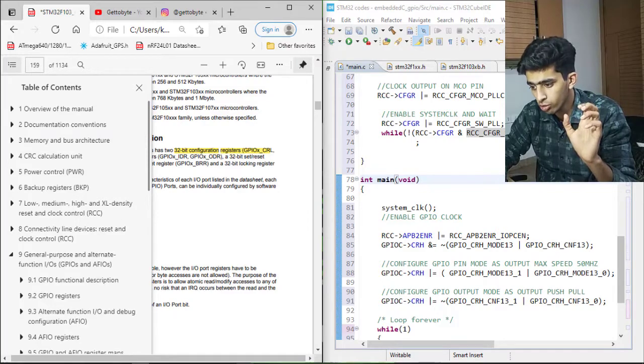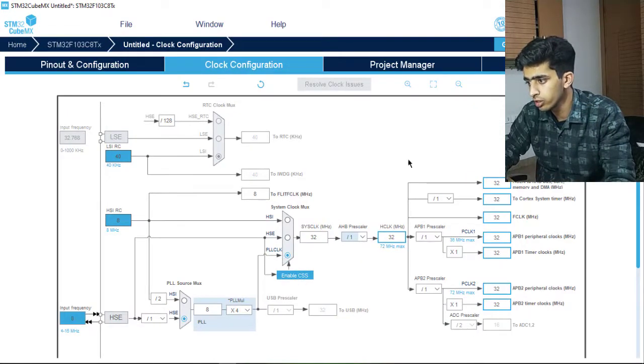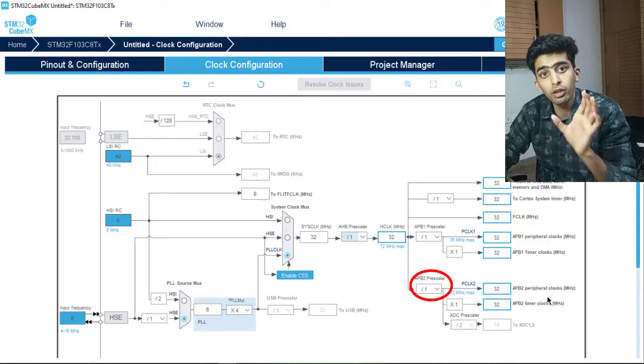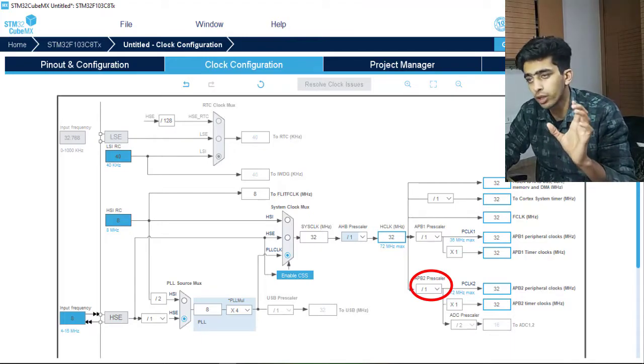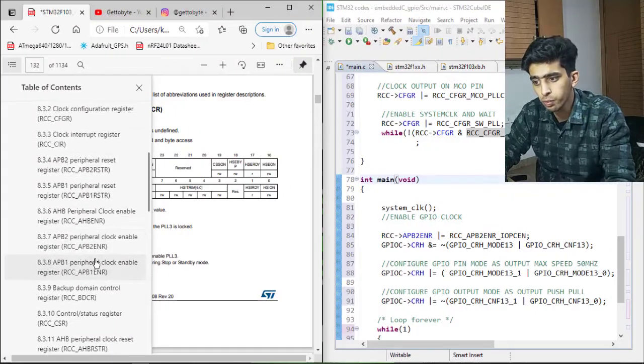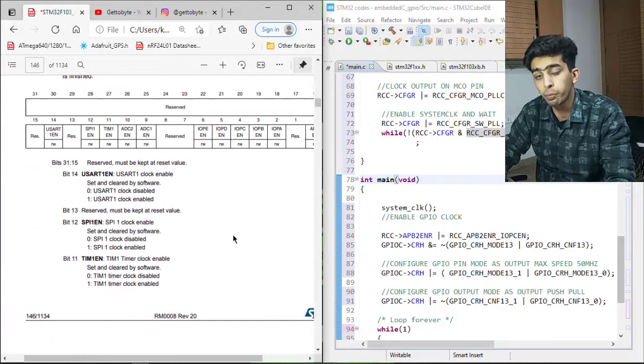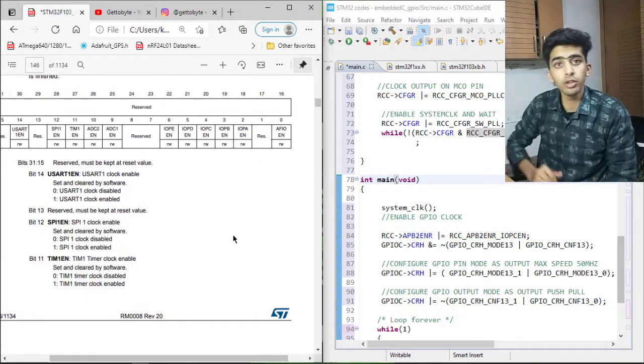As you have seen here in CubeMX, there is the clock configuration. In this, APB2 is used for providing clock signals to my GPIO peripheral, so I have to set that bit. GPIO is powered by the APB2. In the APB2 enable register, you just have to enable the port of the GPIO which we will be using.